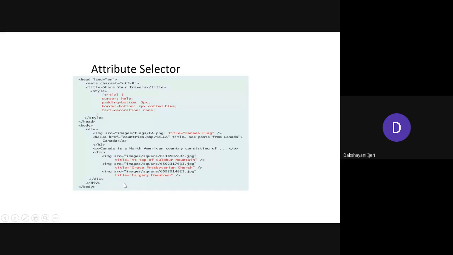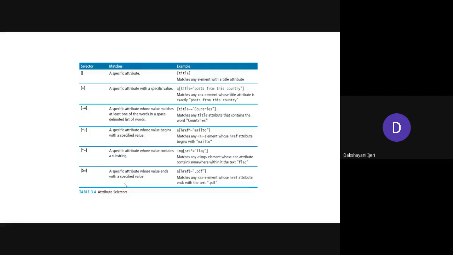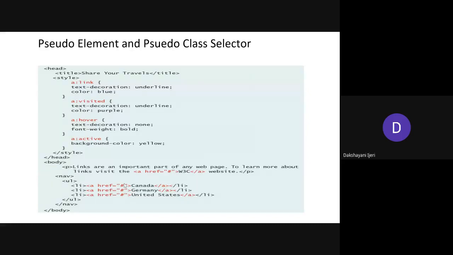So is everyone clear with the attribute selector? Okay. So the next one is the pseudo element selector or the pseudo class selector. So in the previous examples, we have seen that we have created these styles for either the specific element or the attribute, or by using the class or the ID attributes, isn't it? But here the pseudo element or the pseudo class selector is not going to the specific element. Instead, based upon the action that is being done by the user while using the HTML pages, at that time the styles will be created.